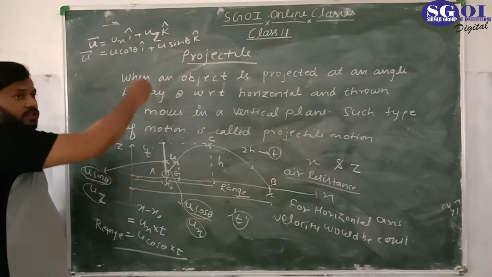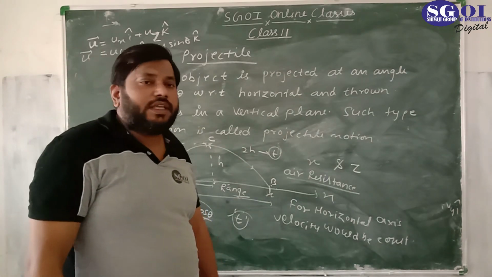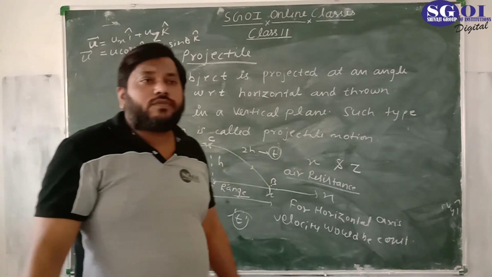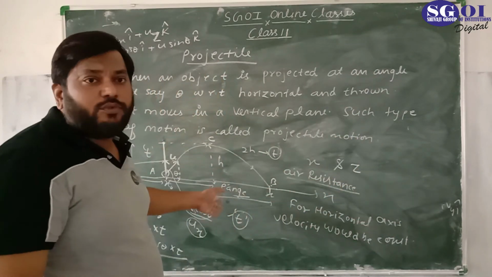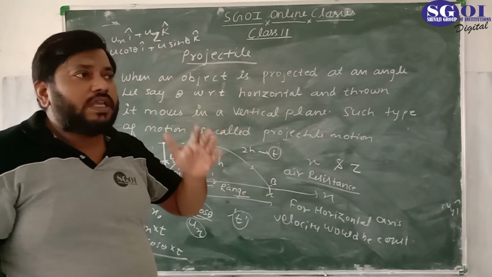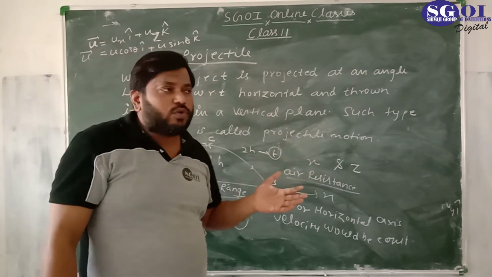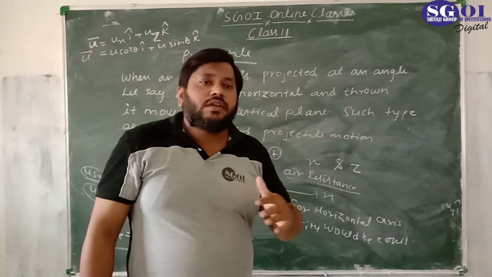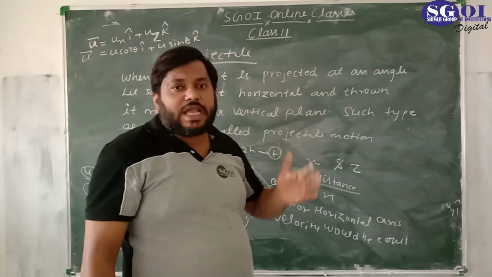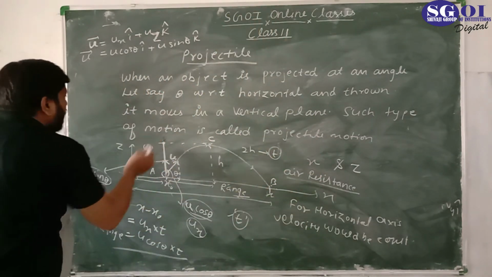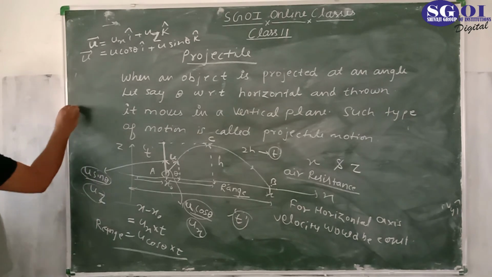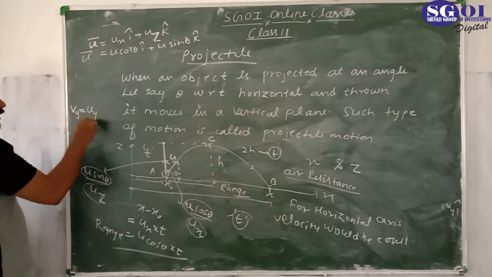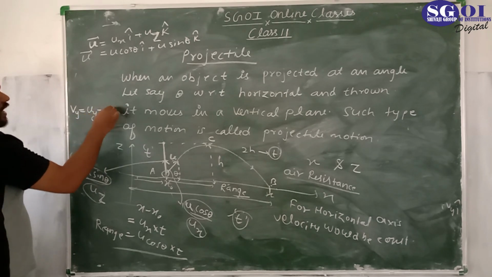We know that in vertical motion there is gravity, and because of gravity there is acceleration due to gravity. So for the vertical axis we consider the motion as uniformly accelerated or retarded motion. When the object is projected upward, the velocity decreases as it goes in the upward direction. So for the upward direction, the formulas would be like this: the first equation is Vy equal to Uy minus g times the time, let's say t1.